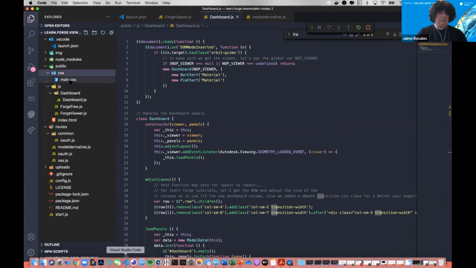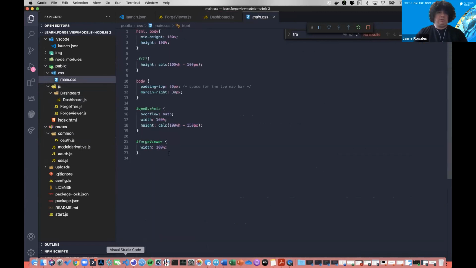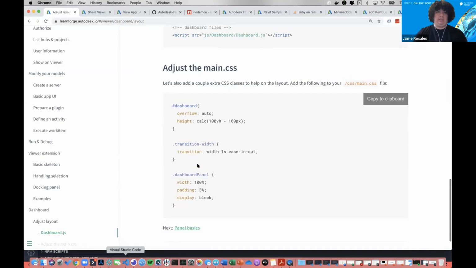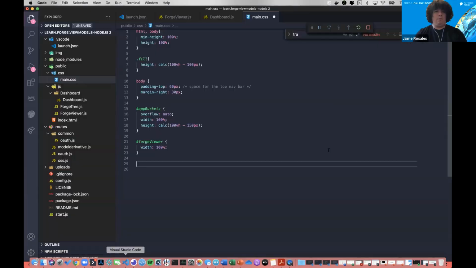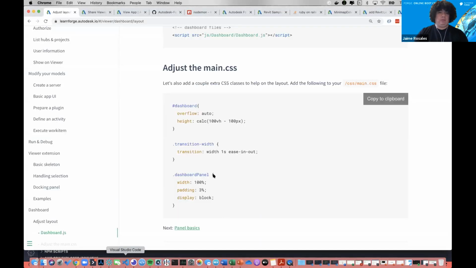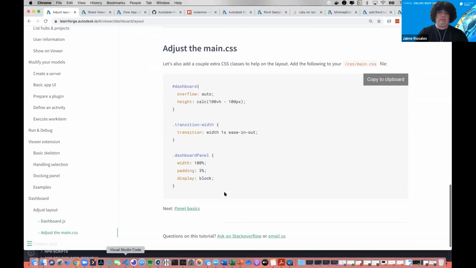Now we're going to go into the main CSS. So it's not like we're going to have to get rid of something in the main CSS. We're just going to add some other stuff. And we're going to add the dashboard, transition width, and dashboard panel. So we add that, dashboard panel, transition width, dashboard. Okay, cool. All right, so now we're going to move into the